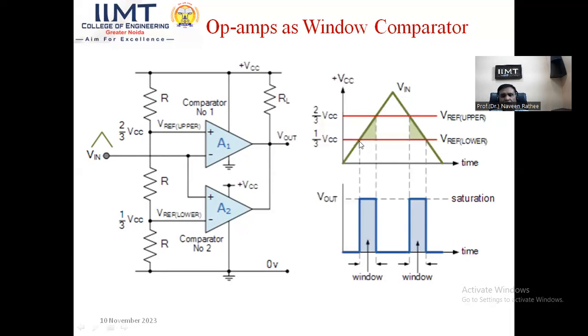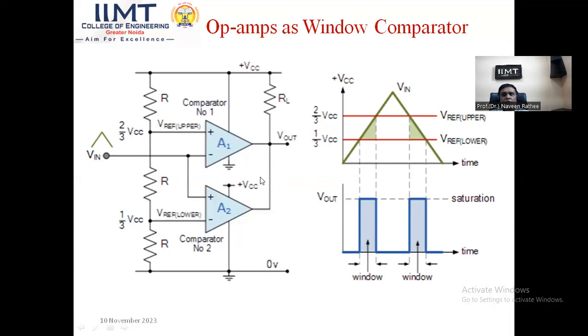So any voltage less than 1/3 of VCC will make the output of the comparator low, because it is not being detected. So you see at the output it is 0, not detected. But the moment it becomes equal to 1/3 of VCC and starts going beyond 1/3 of VCC, you see this green bold line, when it is increasing from 1/3 VCC to 2/3 of VCC, this band of voltages is now being detected by the output of the window